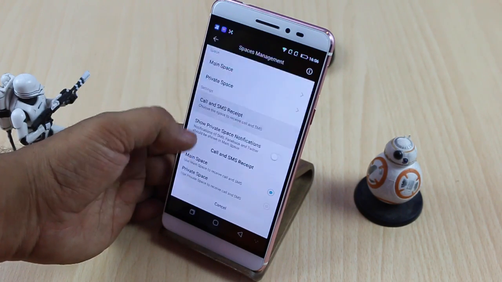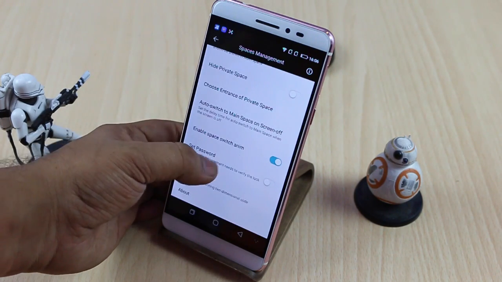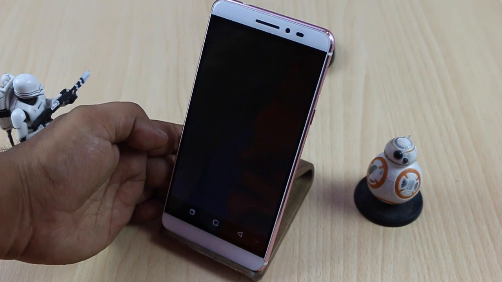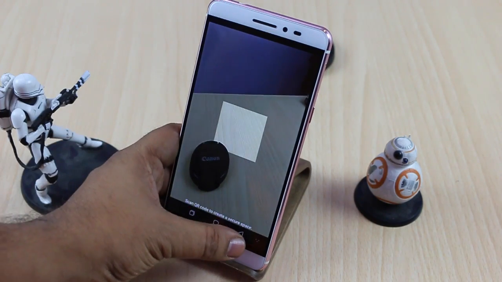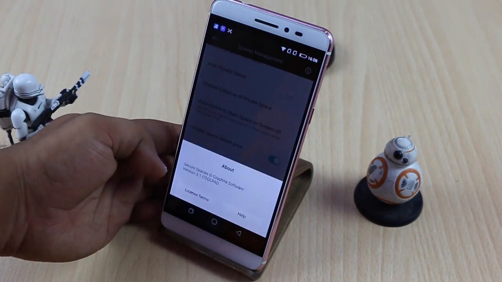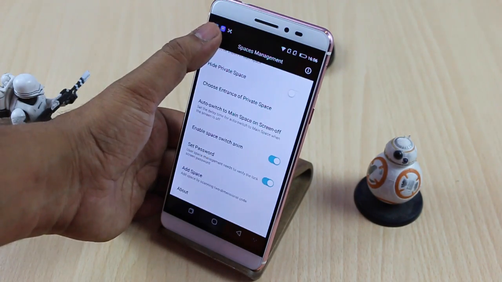So you have a lot of configuration options over there under the manage storage spaces, where you actually specify a password as well. In case you would like to specify a password to enter the private space, you can do that. You can actually specify a password in the form of a PIN code. You can specify it in the form of the fingerprint sensor as well. And the fingerprint sensor on this device does act as a security mechanism so that it can block people from